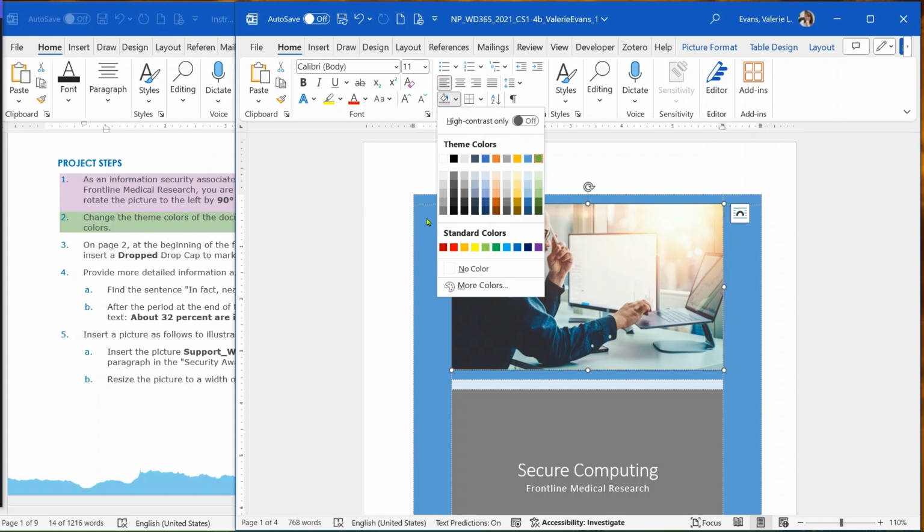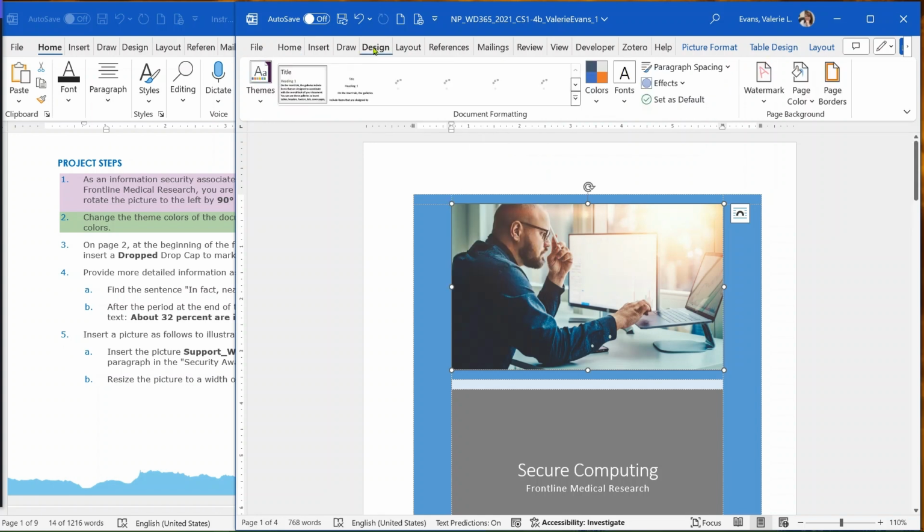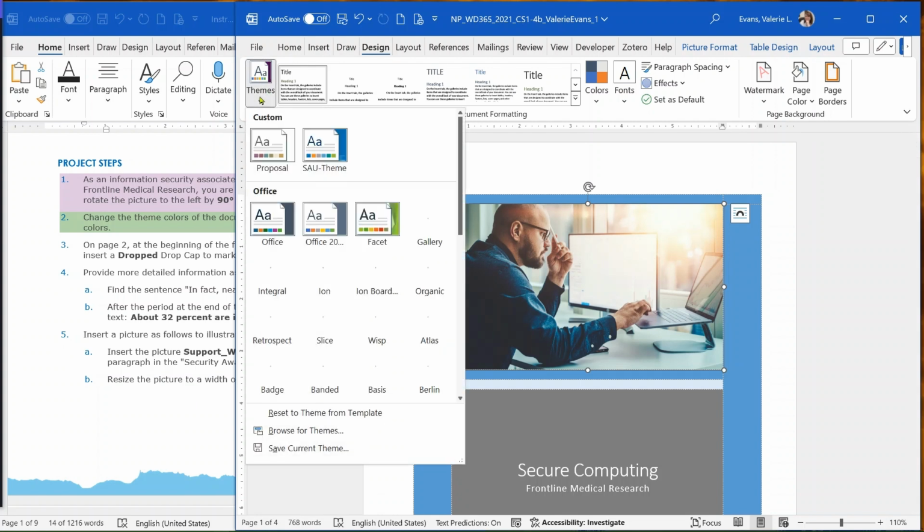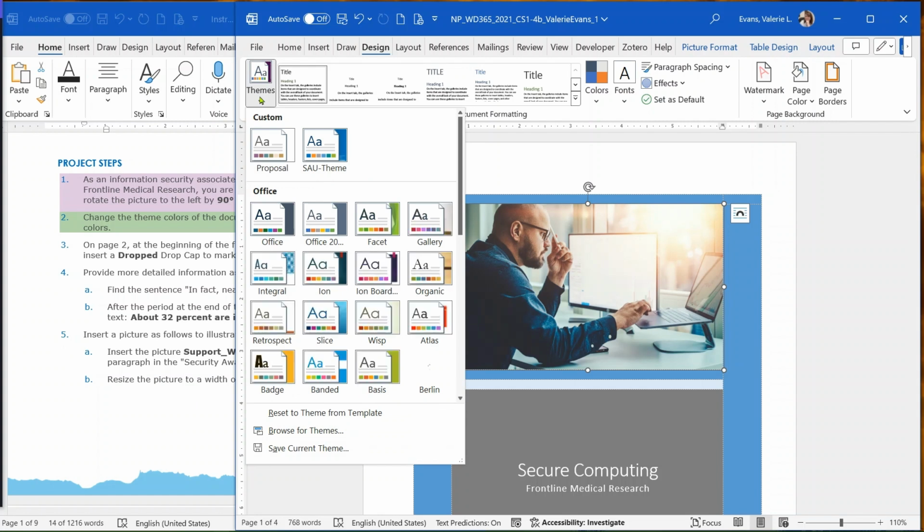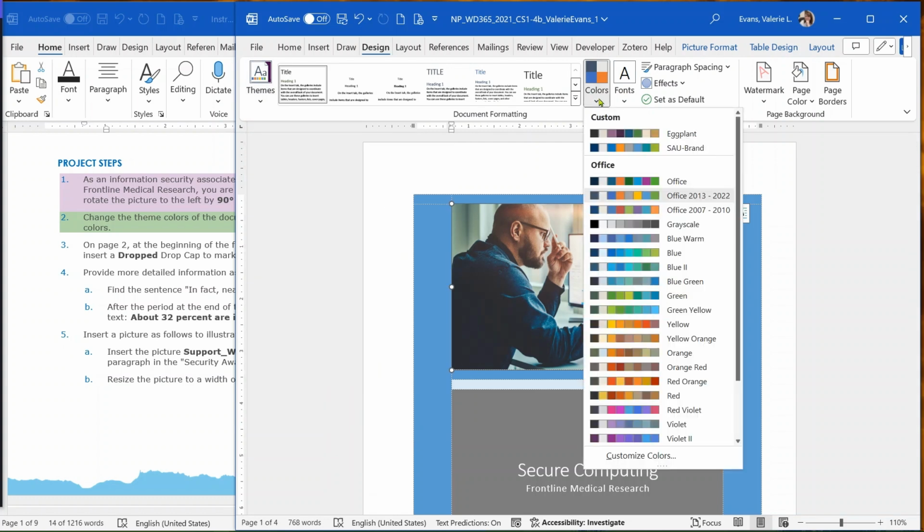So in order to change the theme color that's going to affect everything else that we're going to do, I am going to need to change it in Design. And again, textbook, open your textbook. I have themes here, all right? But when you click the theme and look at the theme, please remember that changing a theme affects your fonts as well as your color palette. So if the instruction says, like it does, theme colors, we're only looking at changing the color palette, not the theme in general, okay? So I'm going to come over here to this color dropdown,